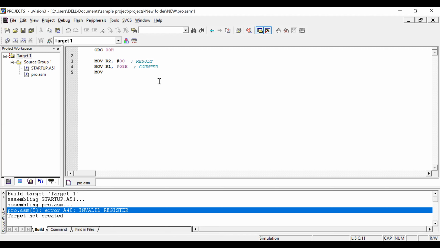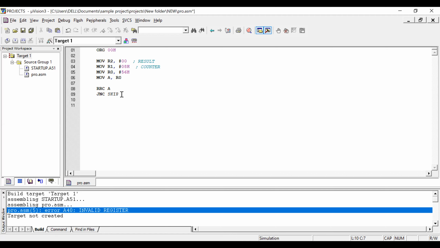So next thing, I want to take my data. So R0, I will take some data. What is my data? 56H. So move this data to the accumulator, or directly you can move 56 to the accumulator also, no problem. Since the program they have given is like this, I'm writing. Once I have received my data in the accumulator, I can rotate right with the accumulator. Next I have a condition, jump if not carry, then I skip the increment.